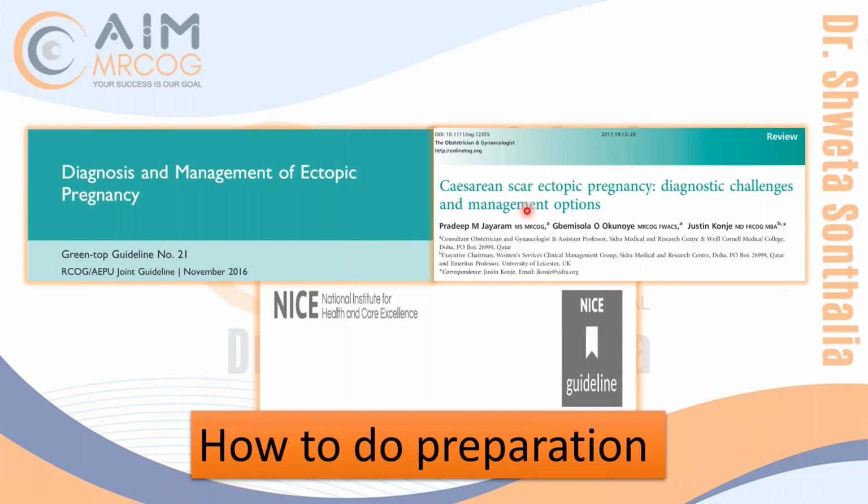If I start reading from here, I will think everything is important, because I don't know what is written in GTG, what is written in NICE. So your notes will be longer and longer, and it will be non-significant, because in the end you will think there is duplication. It's not precise. So precise notes are really important. You should read all the threads of that topic together so that your notes will be more precise, shorter, crisper.